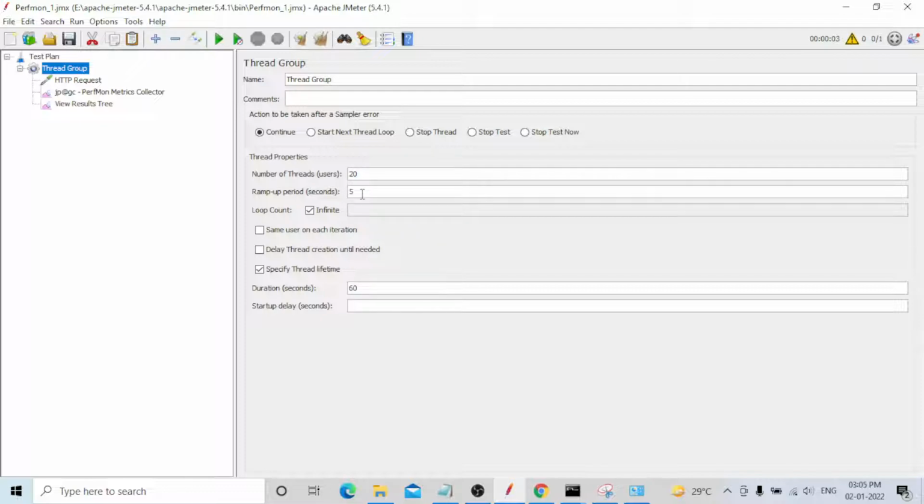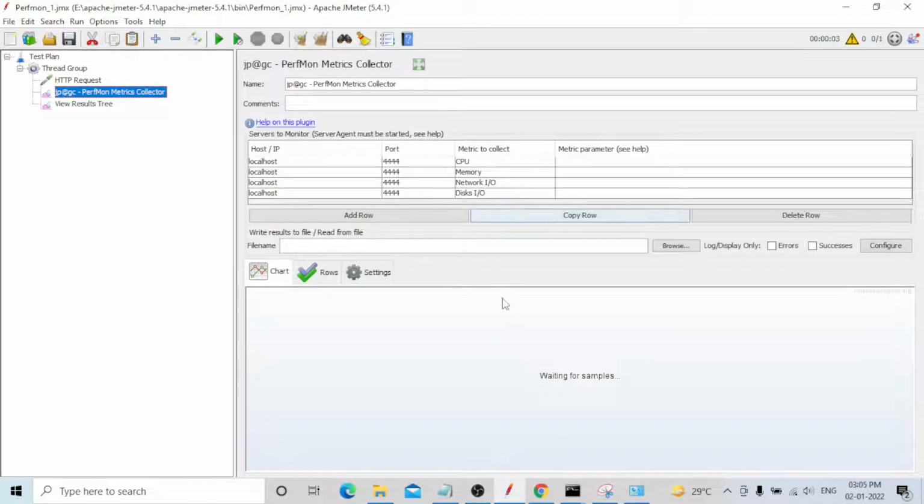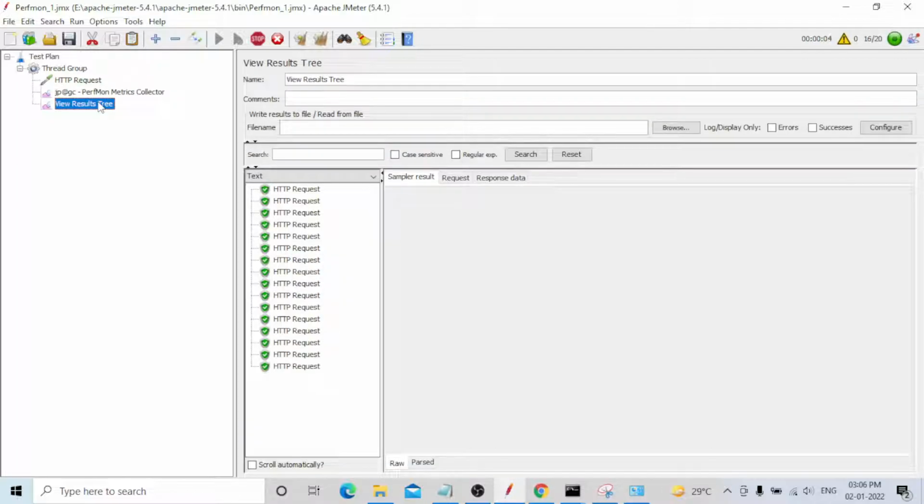Ramp up is 5, loop infinity. Okay, specify thread lifetime 60 seconds only, not more than that. Okay, guys, now you need to see whether the test is able to perform with PerfMon. You can start. Yeah, you can see it started now.